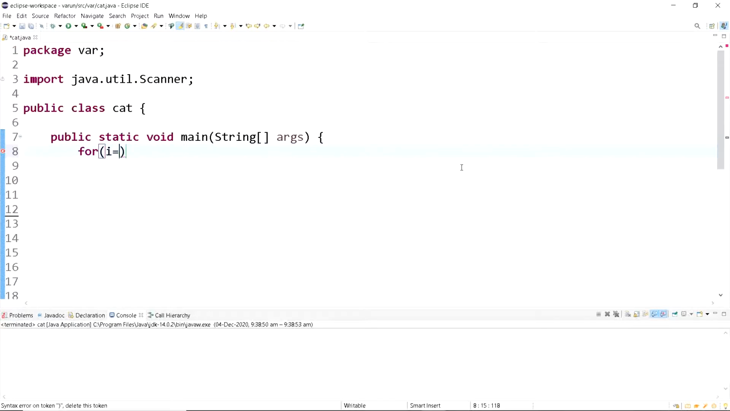For example, int i equals 1. Now this is the outer loop: i equals 1, i less than or equal to 5, i plus plus. Now inside this for loop we are writing another for loop: for int j equals 1, j less than or equal to 5, j plus plus,